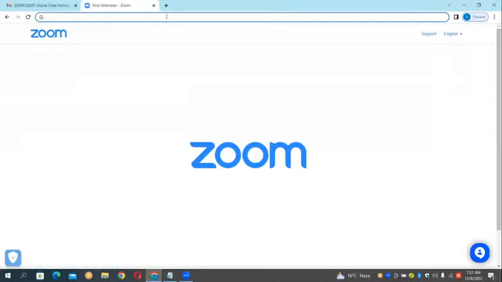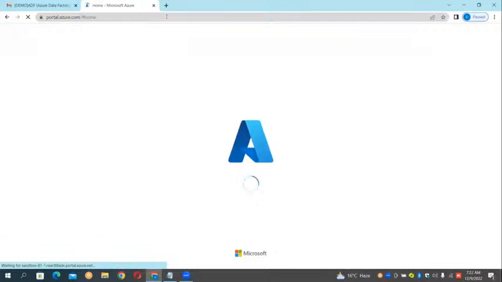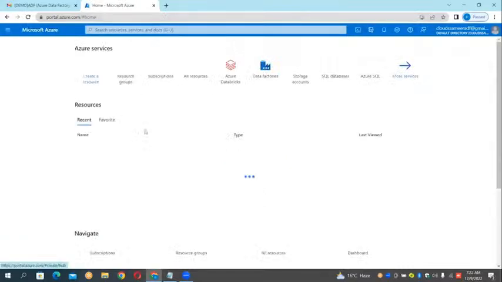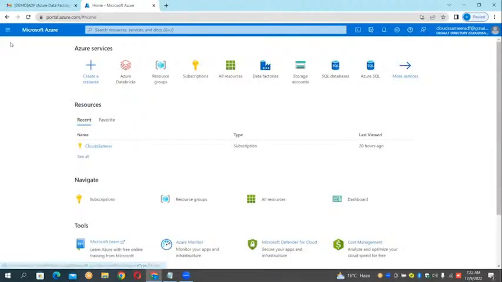portal.azure.com. Just to start this, because of all the practicals. Sorry, guys, not installation. This one is called portal.azure.com, wherein, can you see here, we can start up with the Azure Data Factory.